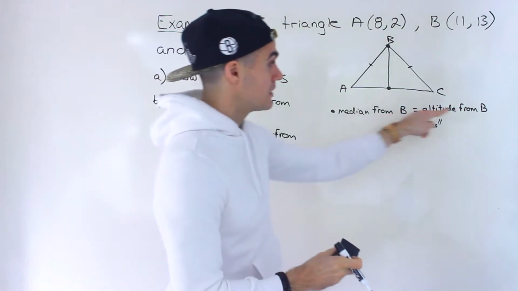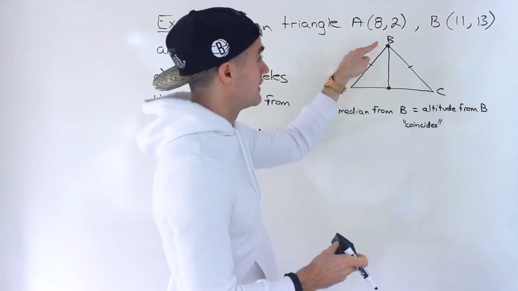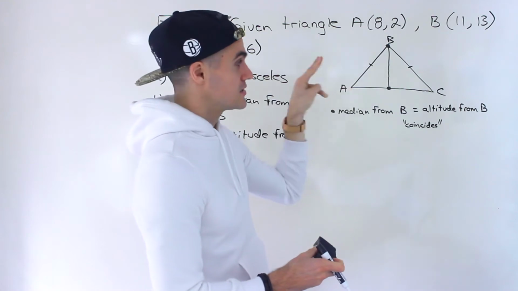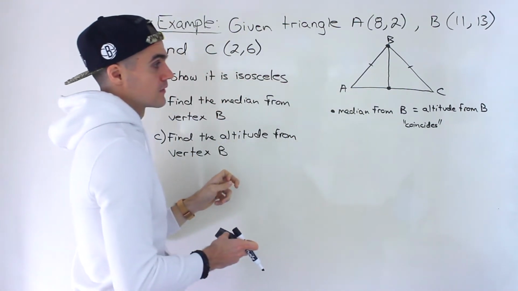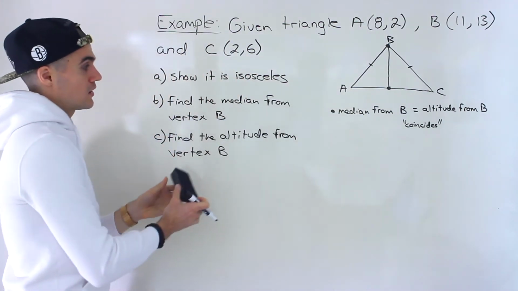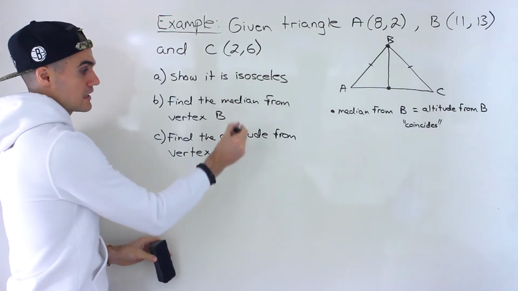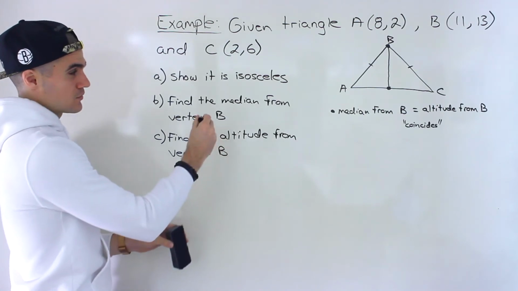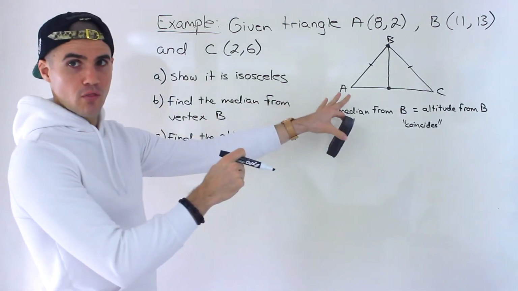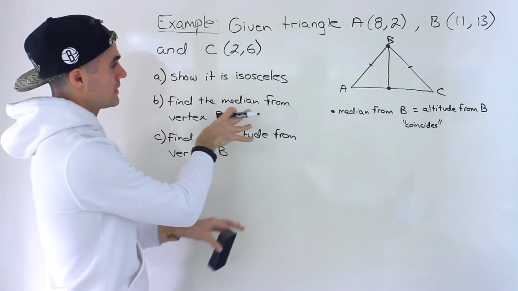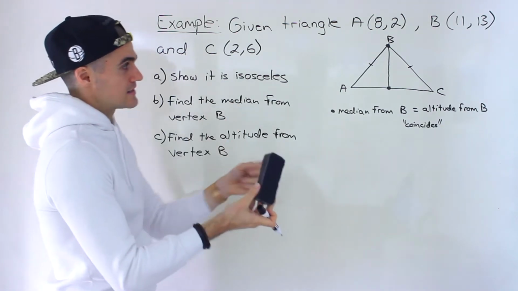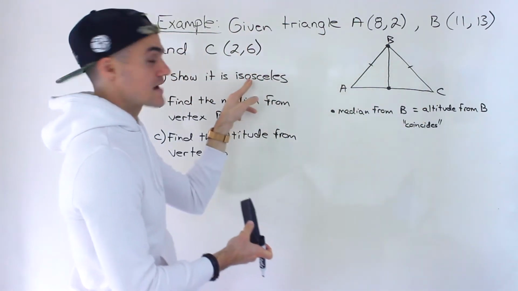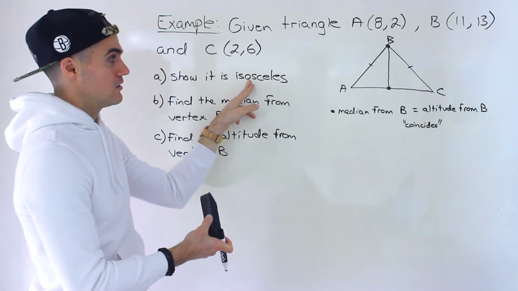And remember, this B over here assumes that it's the vertex where the two equal sides of the isosceles triangle are meeting. So that's what we're going to be doing here. We're basically going to be showing that the median and the altitude are the same from vertex B. And we're kind of cheating here because I'm telling you ahead of time that AB and BC are going to be the same length. That's how we're going to verify that it's an isosceles triangle, but